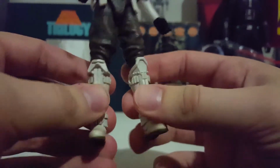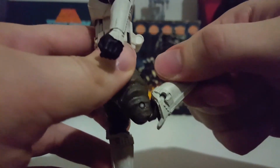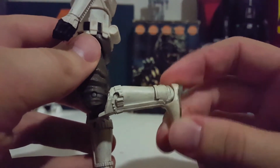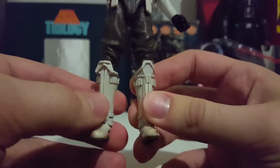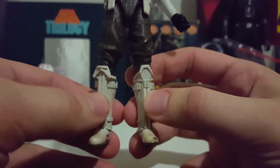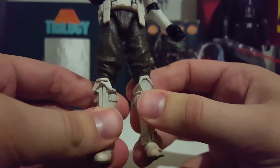And then of course you got the double jointed knees right here, go all the way back, about like that. And then of course you got the nice little ankle joint right here on the foot. Really nice, get quite a bit of range of movement out of that pivot, left and right. Really nice with keeping in line with the original trilogy Stormtroopers right here, with both of the little shin guards both having different little parts on the knees, sort of comparing to...